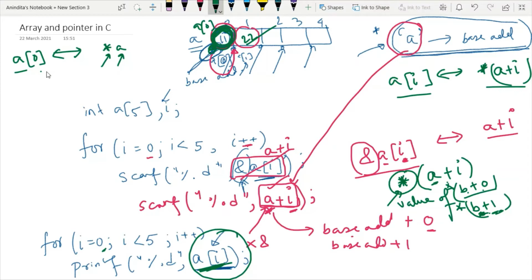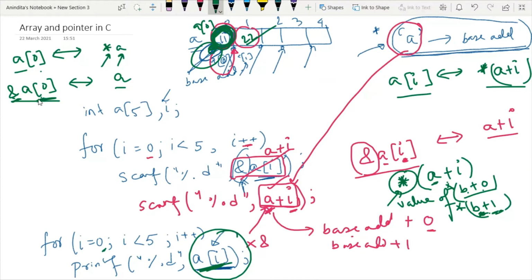So these notations are equivalent. Similarly, I can say &a of 0 means the address of the first location. Address of the first location means the base address. So the equivalent notation of this is a. If I write just the array name, it also means the same address of the first location.